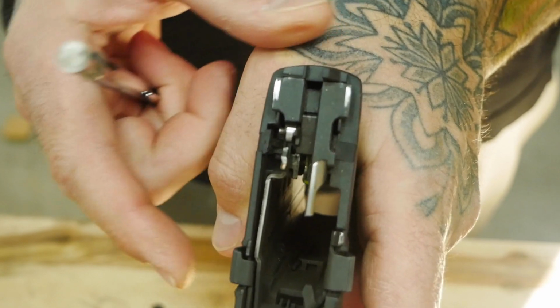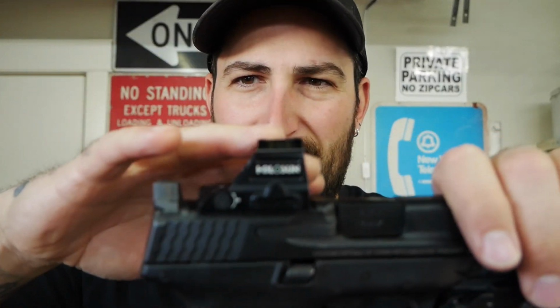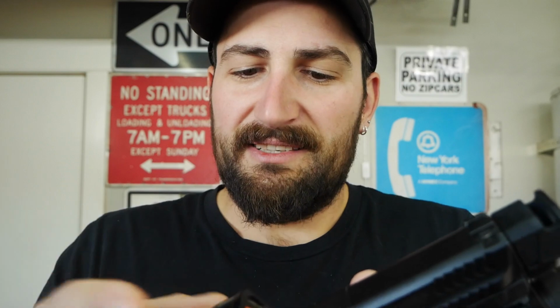Trigger is amazing compared to the stock weird hinged one, but just that reset, something about that, there's probably a way to adjust that. Keep that in mind. Then obviously the optic mount, they aren't the greatest. Probably should get some sort of other plate just to mount it on there nice and solid so the optic has zero movement. It's not gonna be as good as direct milling for an optic, obviously, but if you get